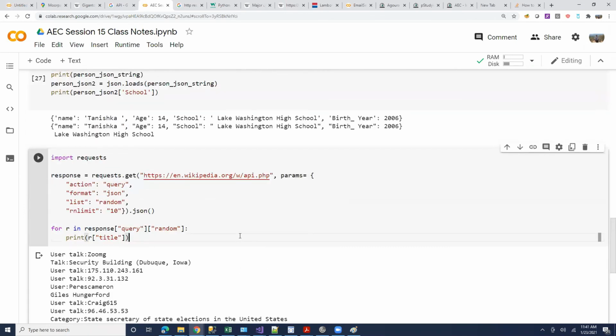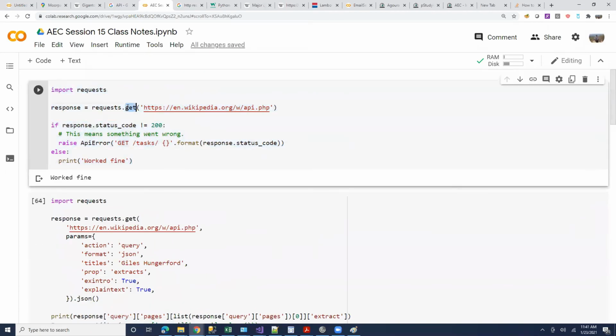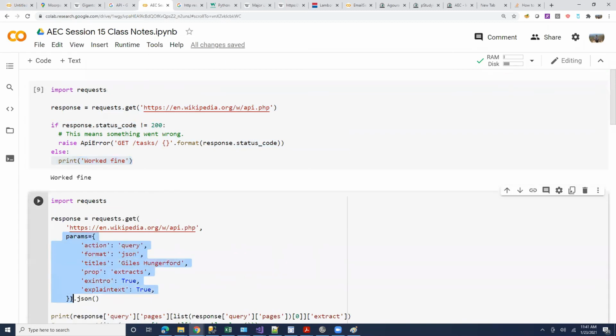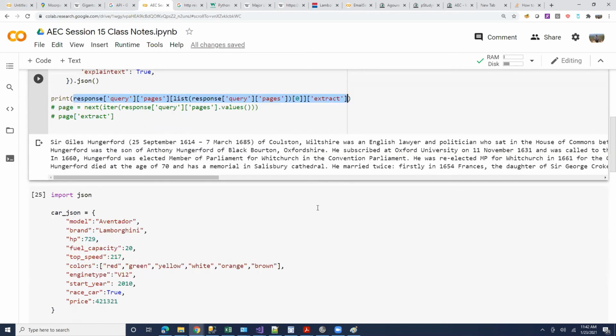So this is Wikipedia's API. So basically, let's summarize. First you establish a GET request. If the response status is 200, then you know it worked fine. Then by passing a specific set of parameters, you can ask Wikipedia to return the content of a given page on Wikipedia. Yeah, sure, you can get the images from Wikipedia also. So by specifying this page, you can get some content on that page. And if you want to loop through the content, or if you want to extract the text that is there on that page, you could do something like this.